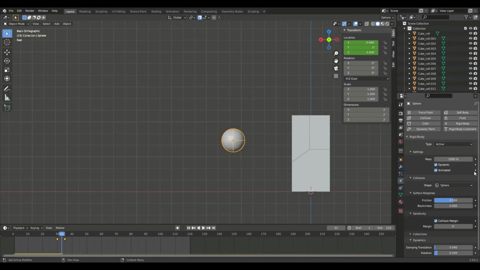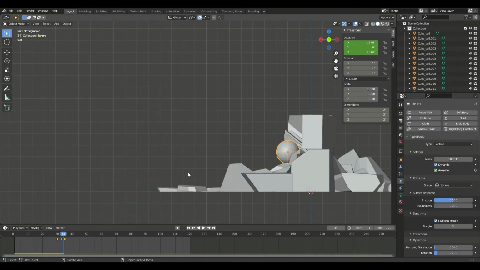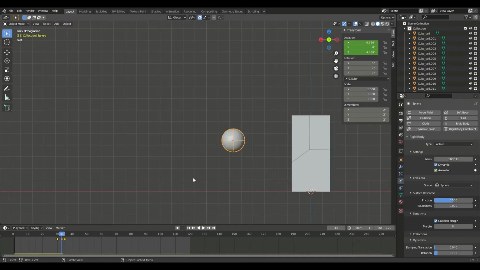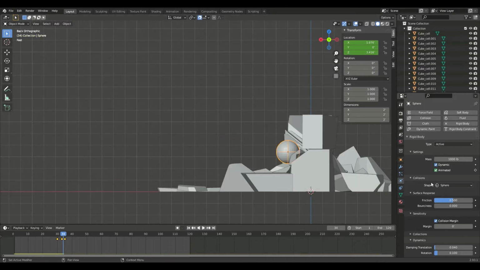Or you could just click this diamond, whichever you prefer. Then you're going to go 1 more frame with the arrow keys. You can click the arrow keys to go through frames. And then you're going to go 1 frame ahead, uncheck animated, and keyframe that.